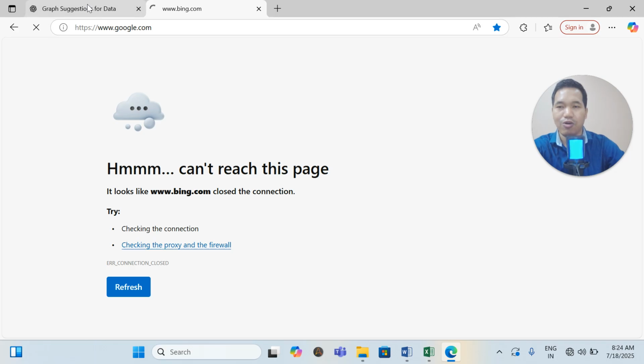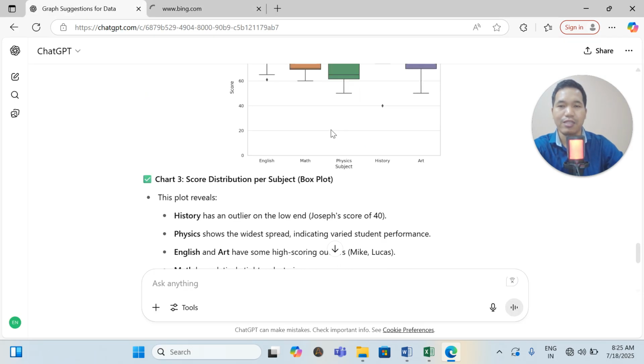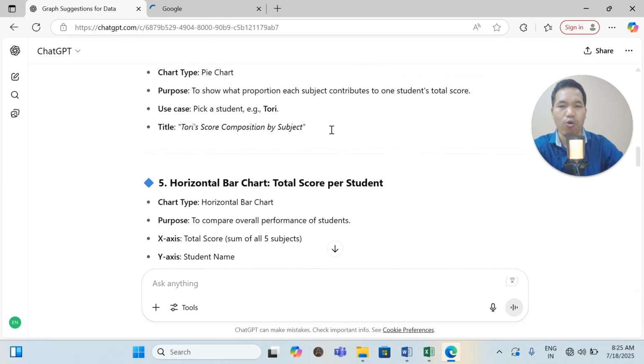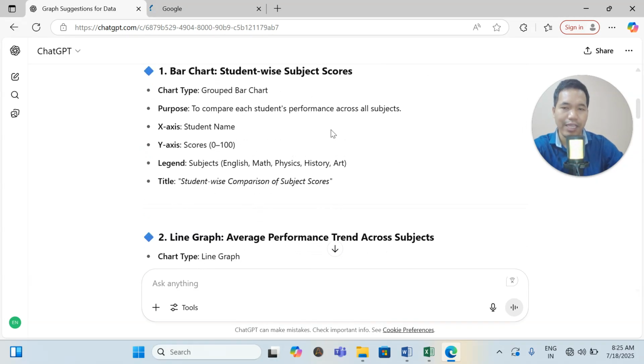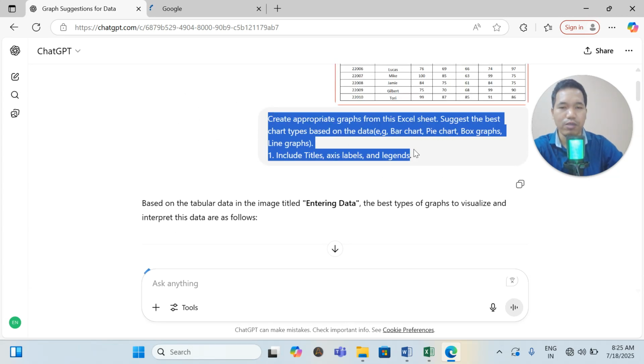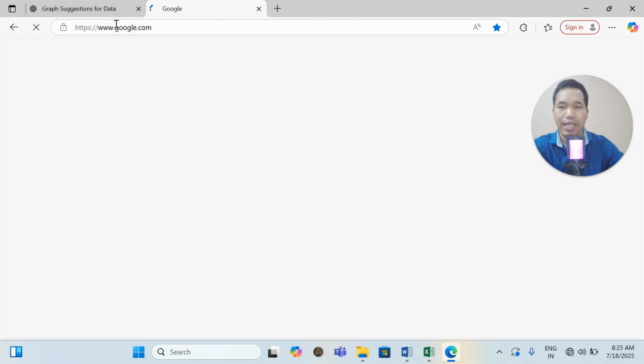So let it get uploaded. This is how you can generate easily. So the better thing is that you use this prompt properly, my dear all. I'm saying again, you may get any answer, but please use this prompt. It is very, very important how to use this prompt, especially if you are looking for graphs based on your students' data and all these things. Here, let's see, it's getting loaded.